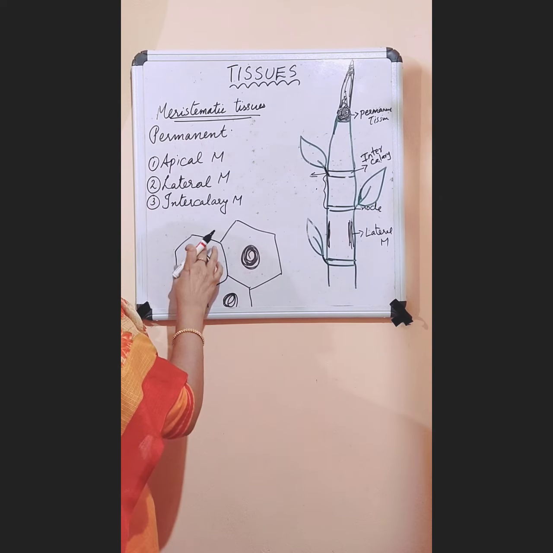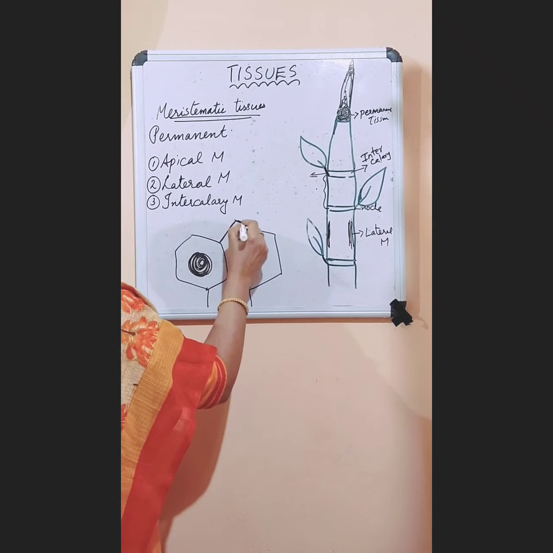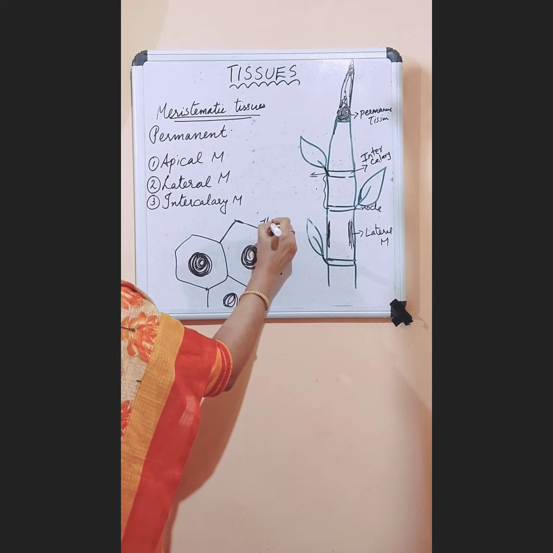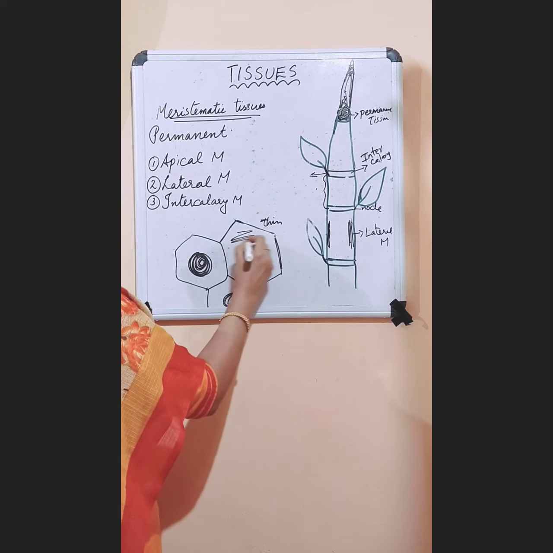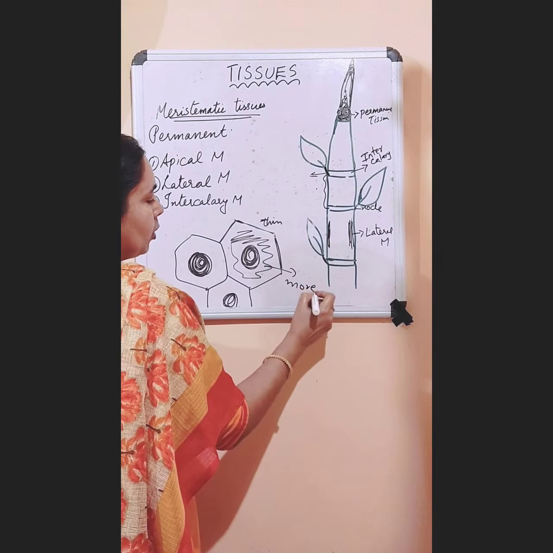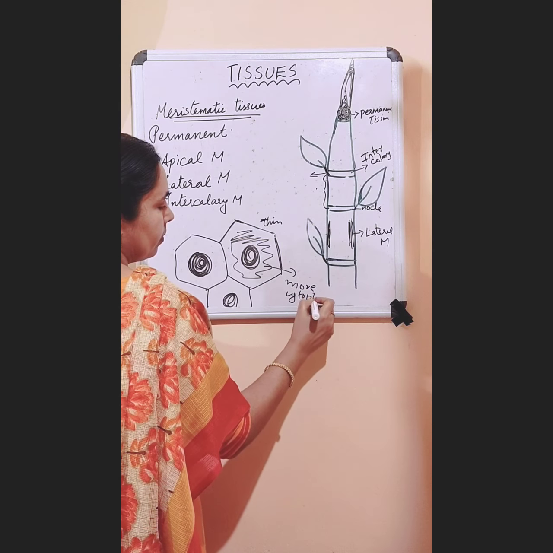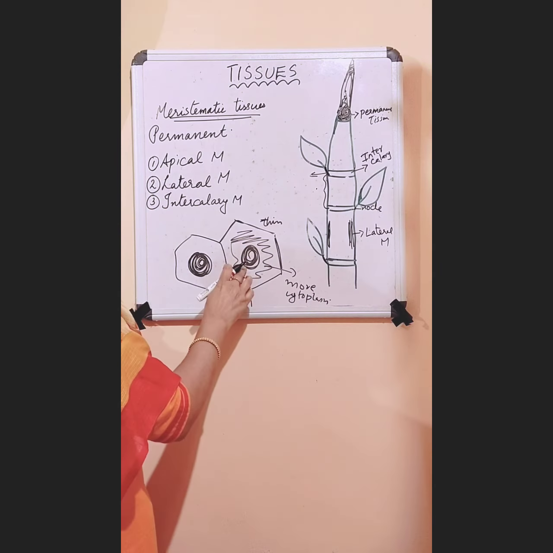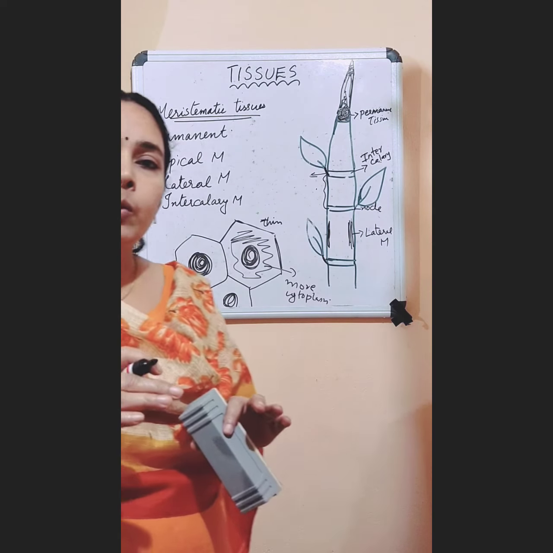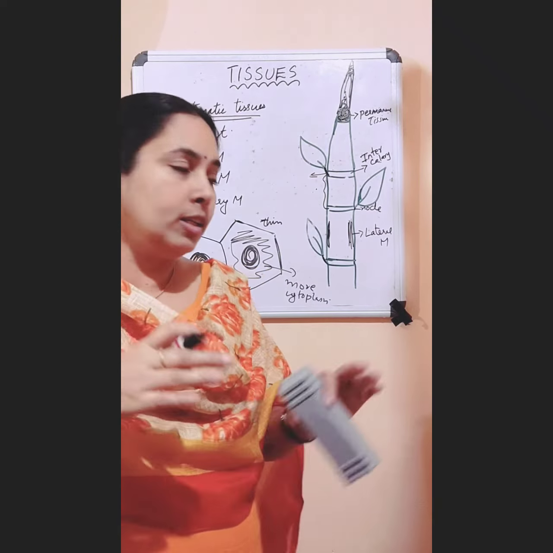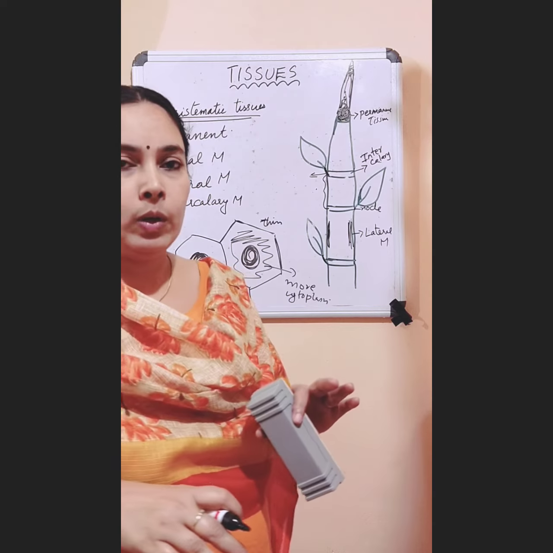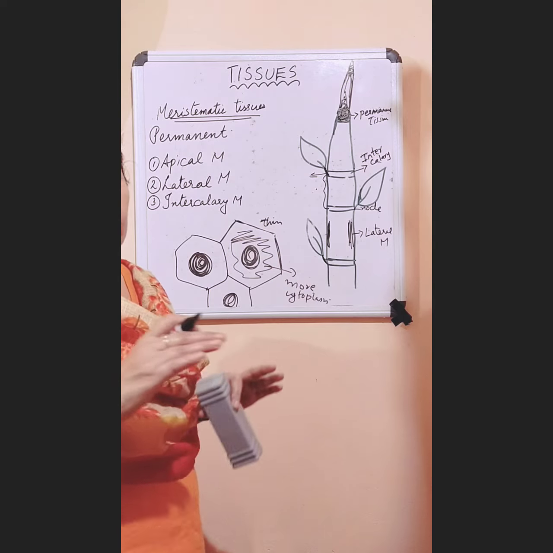Then, the cell wall is made up of cellulose, and this cellulose cell wall will be thin. So it is giving more space for cytoplasm. So there will be more cytoplasm also. So a big nucleus and more cytoplasm, because the cytoplasm and nucleus want to divide into two cells. So they will have more cytoplasm and nucleus, and their cell wall is very thin.